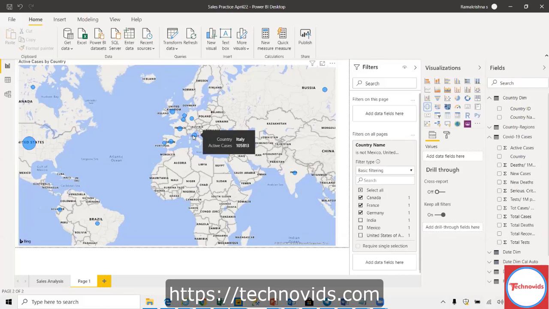All these countries we know have a lot of cases. This is how the visualization is built using that web data, and the refresh is something you can do in our Power BI service.